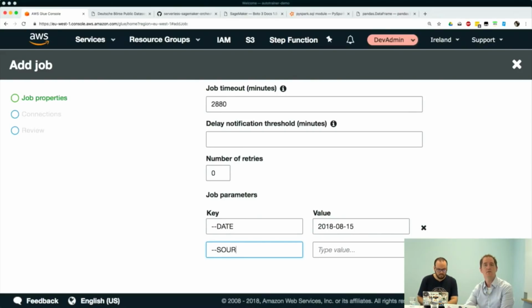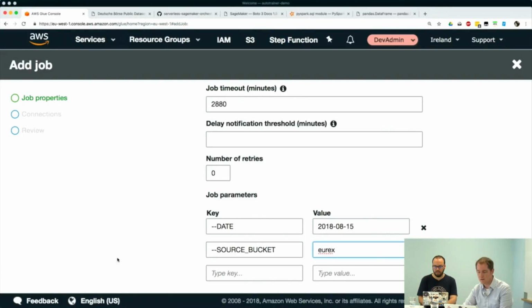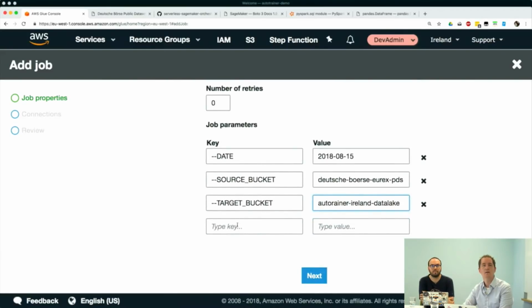We're also going to put in source bucket, and that's where we want to put the Eurex. What is the name of that bucket again? Here we go. Target bucket. We called it Auto Trainer Ireland Data Lake. And then finally,